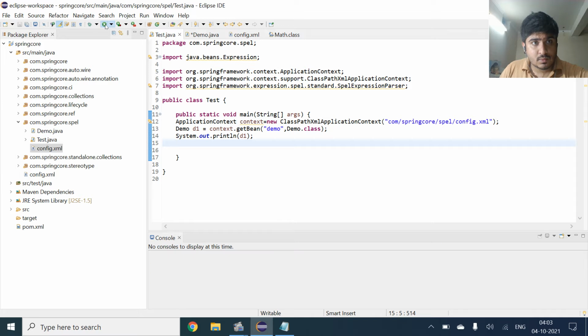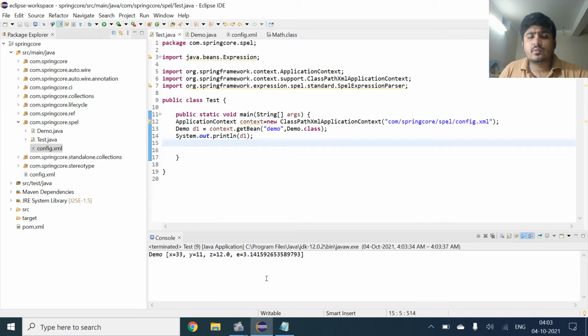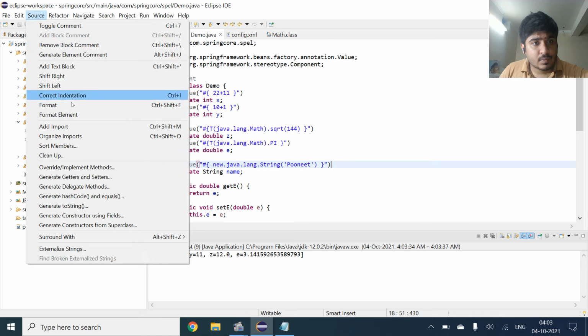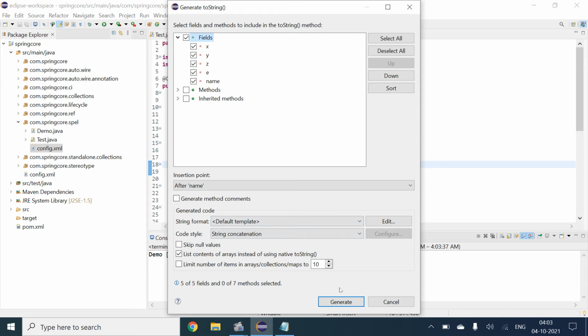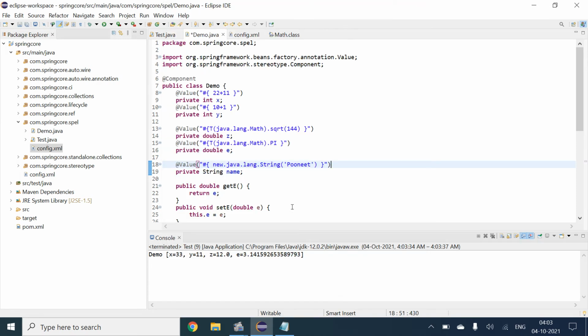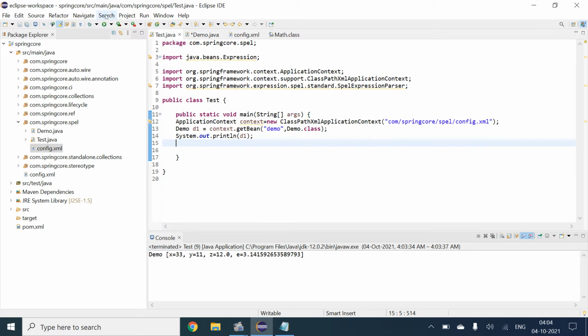And how we will print this. So here we are getting the name as Puneet.